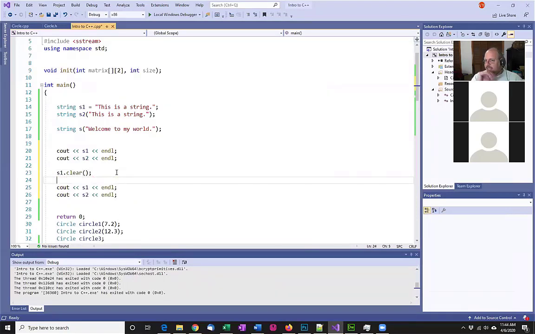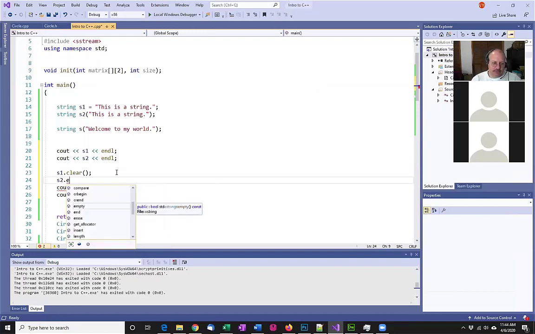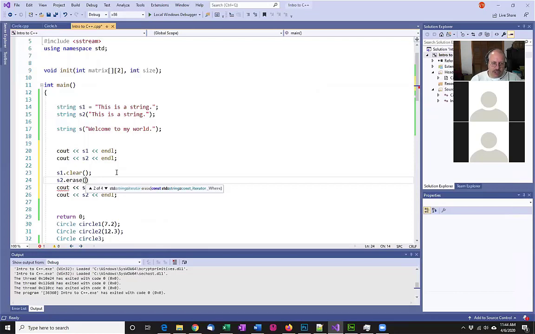Notice that it does not take any parameters, and that's because clear is going to completely erase my string. s2, on the other hand, with erase, is going to take two parameters by default. The first one is going to say, at what index do I start? And the second one is going to be for how long. So if I say 5, 2,